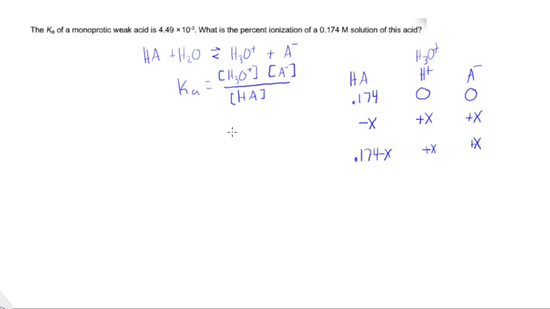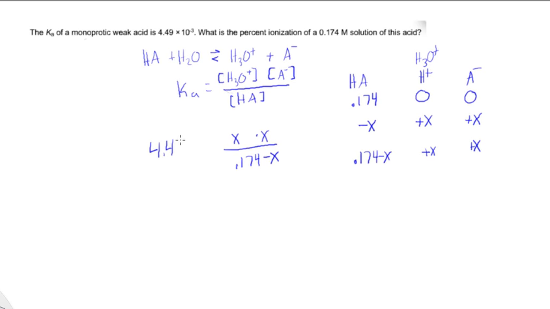So that's X times X over 0.174 minus X. And that's going to equal the Ka, which is 4.49 times 10